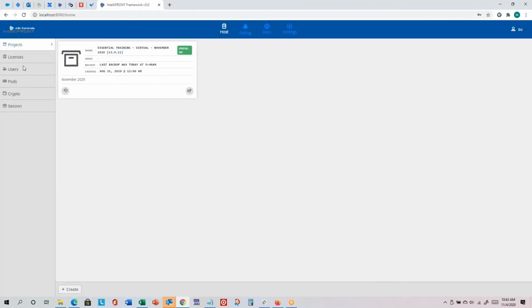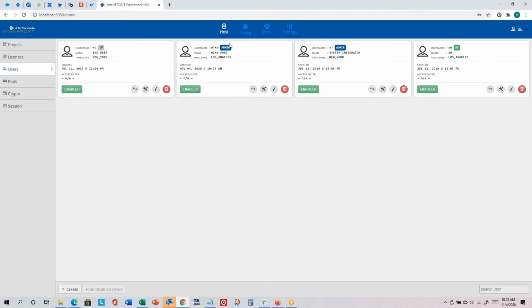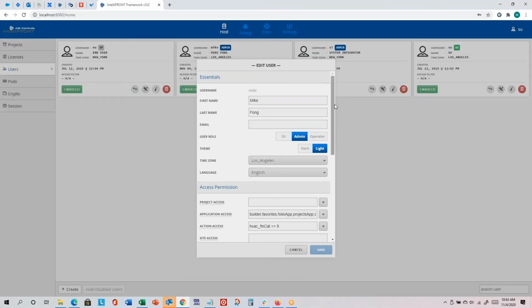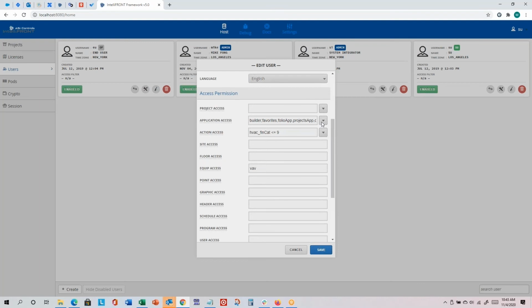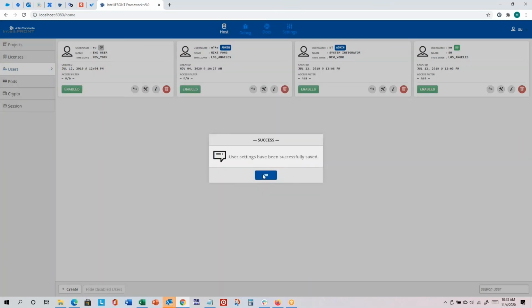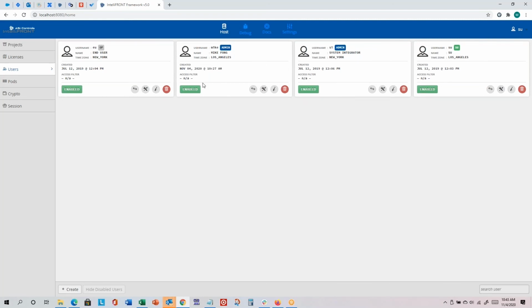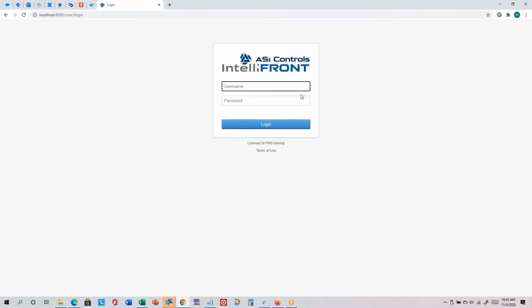So here's where I get the left sidebar since I'm a super user. I just want to confirm what allows me to change schedules. And so I'm going to edit user for the Mike user. Let's see, I'm going to remove the point access first, because I did choose schedules here, I believe. Yeah, it was there. So I'm going to see if it's the equip or the point access that's preventing me from changing schedules. So now that I removed that point restriction, I'm going to log out top right,